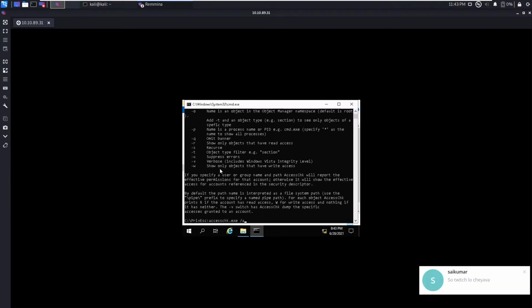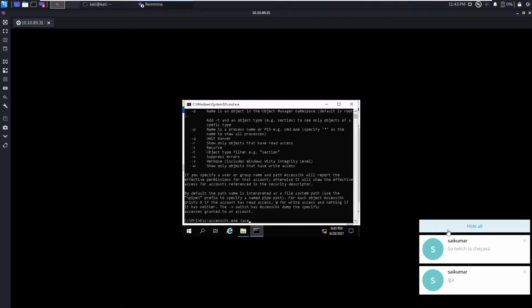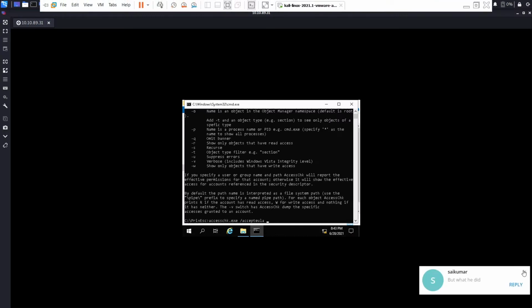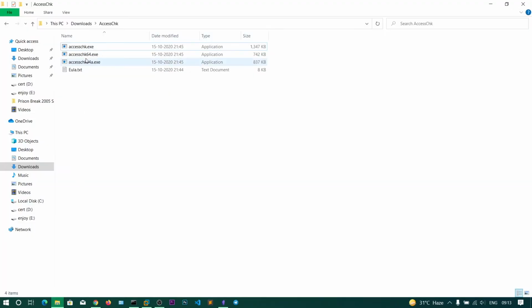If you normally run accesschk, it will show you an accept EULA prompt. Okay, I don't know why it's being closed.